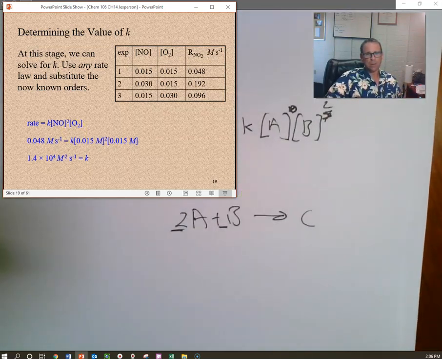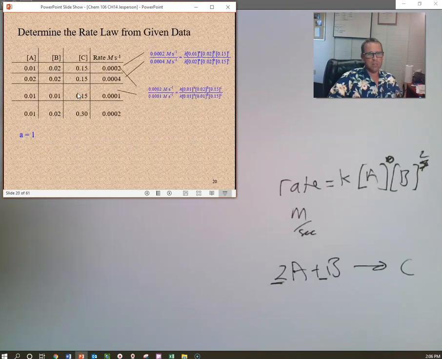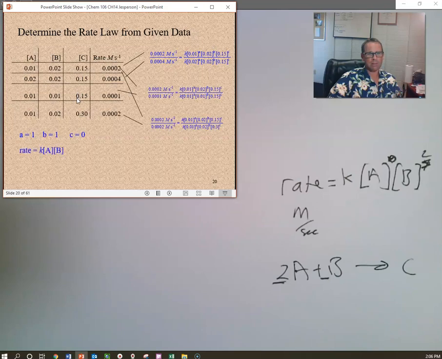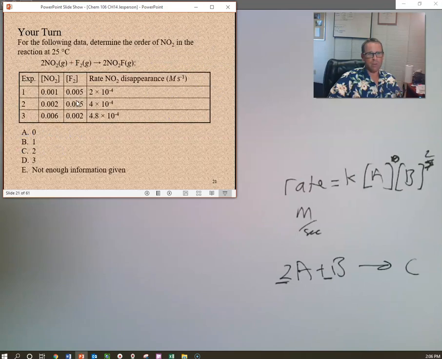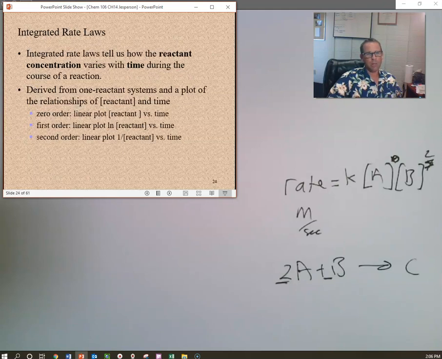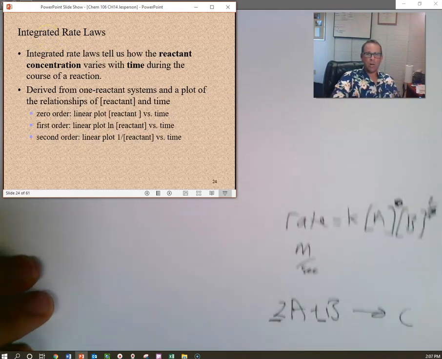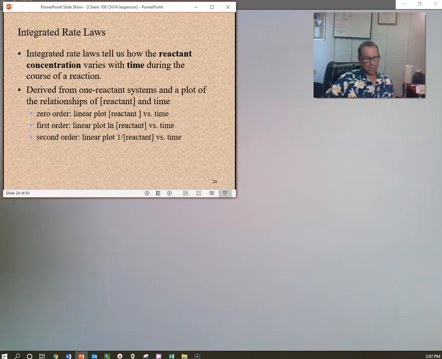Okay, so here was another example where we looked at rate, identifying the rate law and the rate dependence on those concentrations. And then we got to a point where we began to integrate the rate law. Now, the reason why you might want to integrate a rate law is because the integrated rate law will allow you to know the concentration of a given reactant after a certain amount of time has